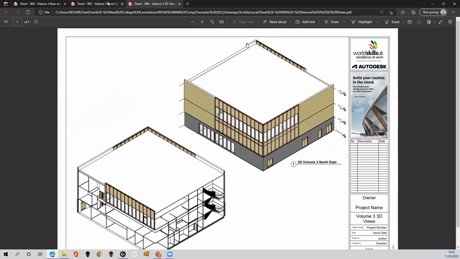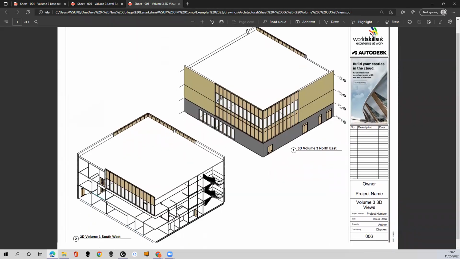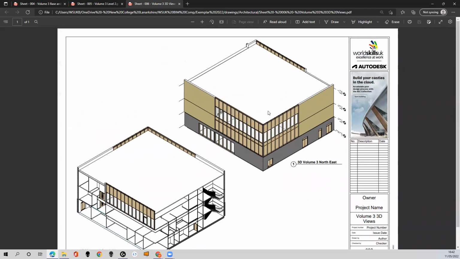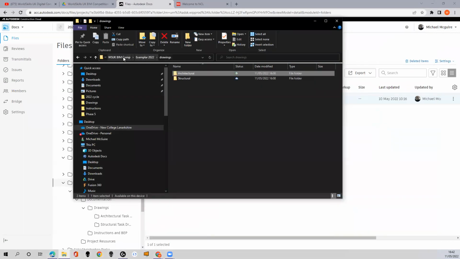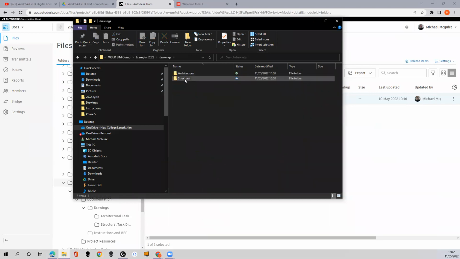Okay. So if you're looking at this, the levels are there for it. I think there's a couple of elevations actually missing. I'm just noticing a couple of elevations missing where it will give you dimensions for the curtain walling and things. But pretty much you're making that as an architectural model. What I will show you is, if I just go back through that and we look at drawings, architectural, oh,